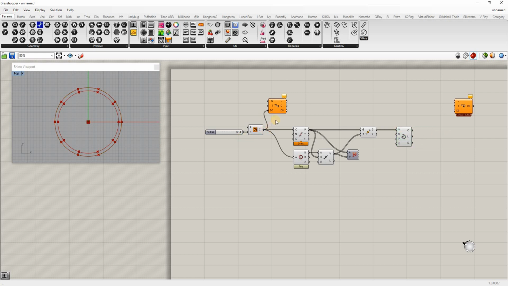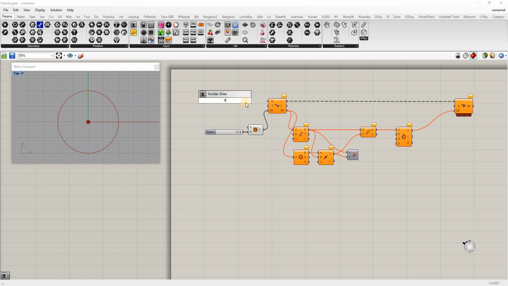And so we're going to feed in this curve. I'm going to connect these, and that curve's going to come out. Let's do that, say 4 times. I'm going to put